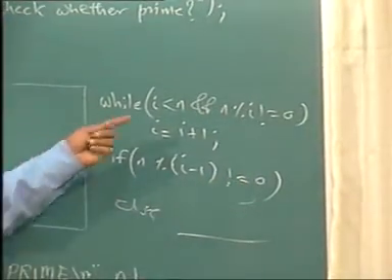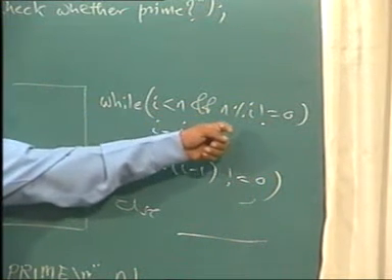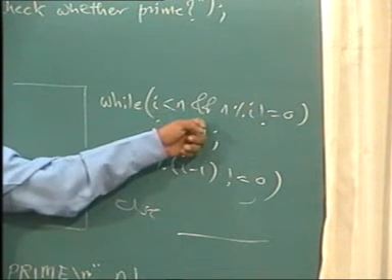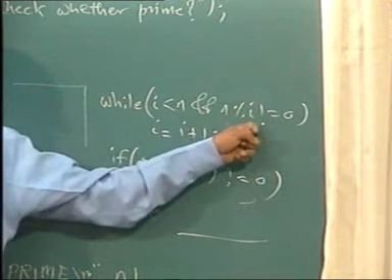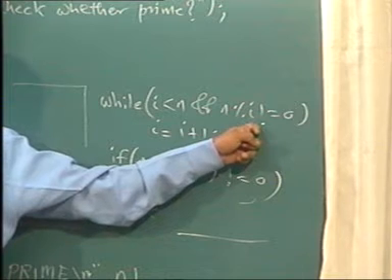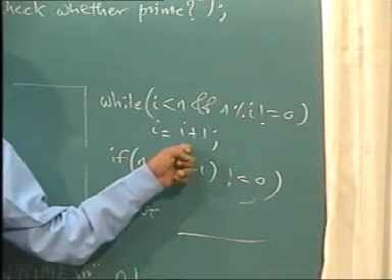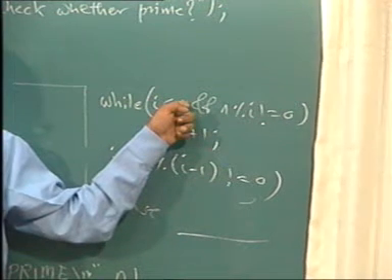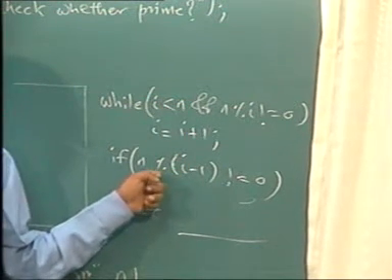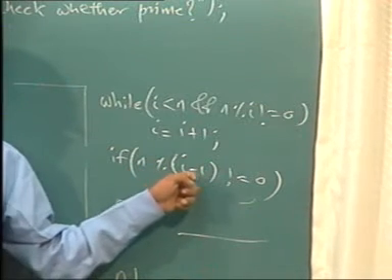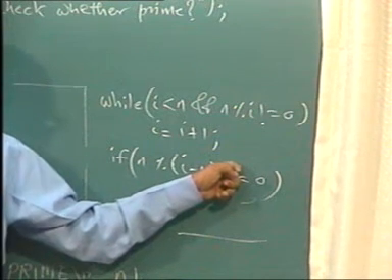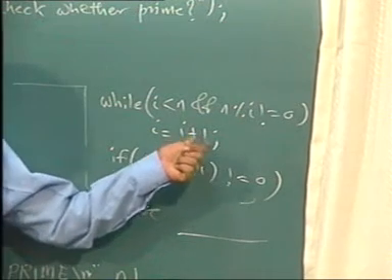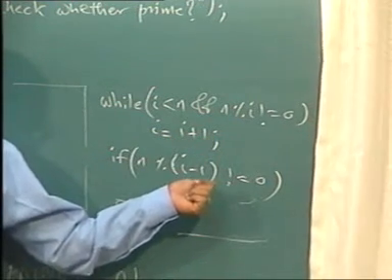Because what is happening is, last time when you have divided by 126, I am talking about the same number, 126 less than 127, true. 127 divided by 126 not equal to 0, true. That's why I will get incremented. It becomes n, 127. And then if I write here n % I, it will be 127 by 127 and it will be 0, and you will say that it is not prime. That's why I had to say that it has incremented, so divide by the decrement.